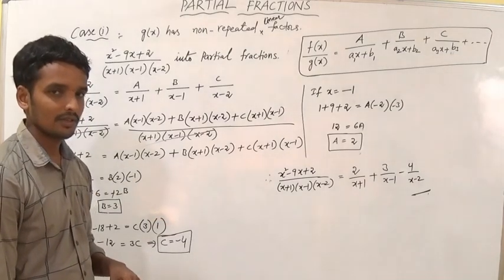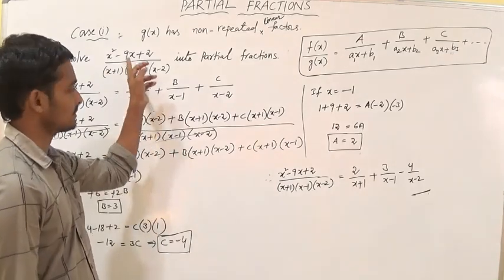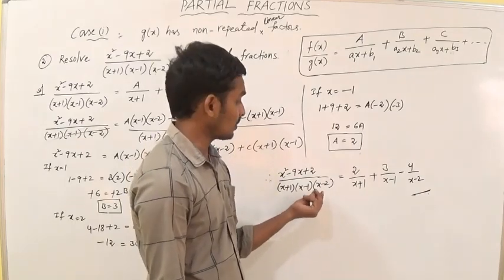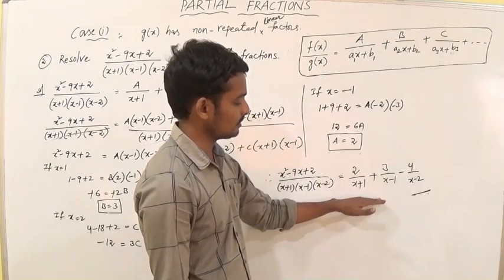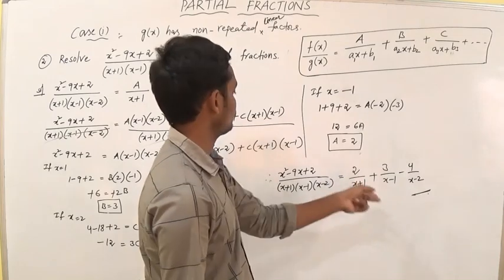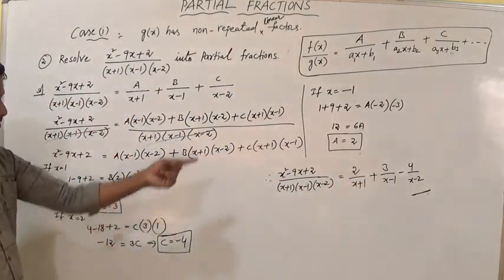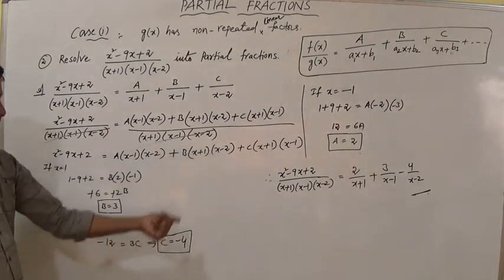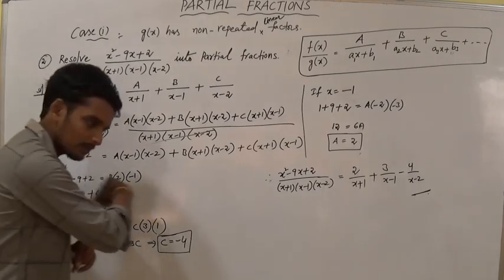Did you understand the difference between the first problem and second problem? The first problem has only 2 factors, this problem has 3 factors. So after you complete up to here, I told you, how can we verify the problem? You have to verify yourself. After completion of this problem, you have to verify this step. So 2 into (x minus 1), something like this. Otherwise you have to use this problem. In the place of A, you have to substitute A is 2 here, B is 3 here, C is minus 4. If you get the RHS x square minus 9x plus 2, your problem is absolutely correct.